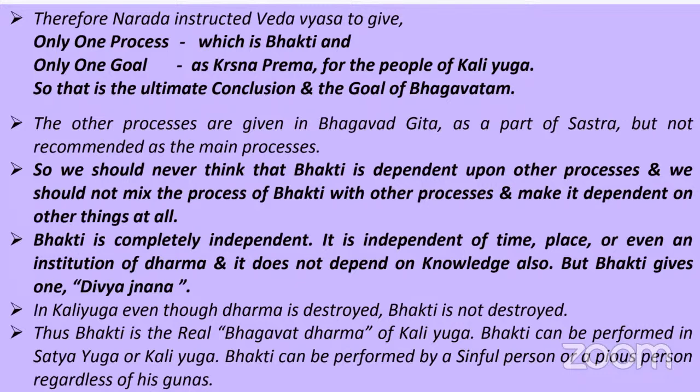So Narada said that you made a mistake. Not a mistake, you made a blunder. That is why you are like this. You are not happy because you made a blunder. Why did you give these people all these kinds of stuff? Karma Yoga, Jnana Yoga, Ashtanga Yoga, Varnashrama. Why? Just give one process. These people are not eligible for all these things. Why did you give them so many processes? That is why you are not feeling satisfied. So you give them only one process.